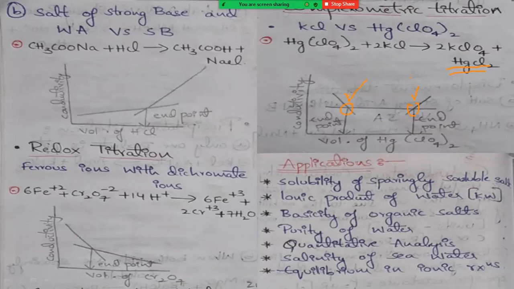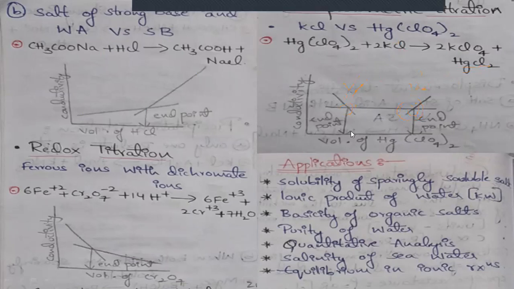It gets dissolved, right? But at this endpoint, the HgCl2 is completely stabilized and we can get a clear complex. That's why we can see two endpoints, but the second endpoint is the most considerable one. Why? Because the reaction is completed at the second endpoint, right? So this is about complexometric titration. Here we are forming complexes.